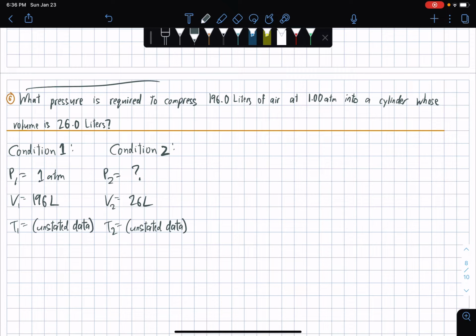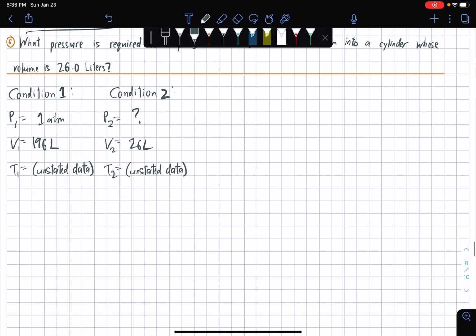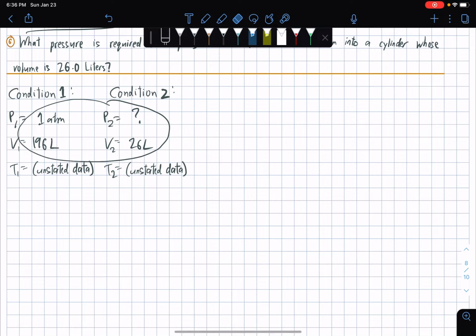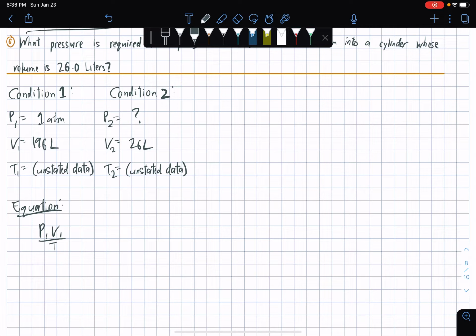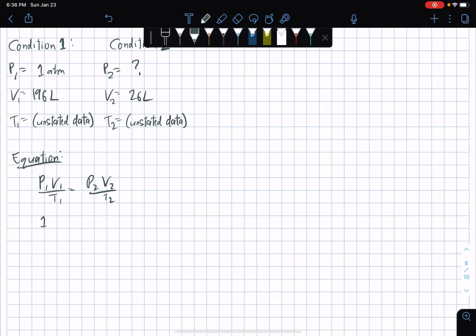For P sub 2, that's what we're trying to find. There's nothing else that we have to convert here. So far, we only have atmosphere and liter, which are all default units. Let's move on to the equation making part. So as usual, base it on the combined gas law formula. Pressure, which is 1 atmosphere,